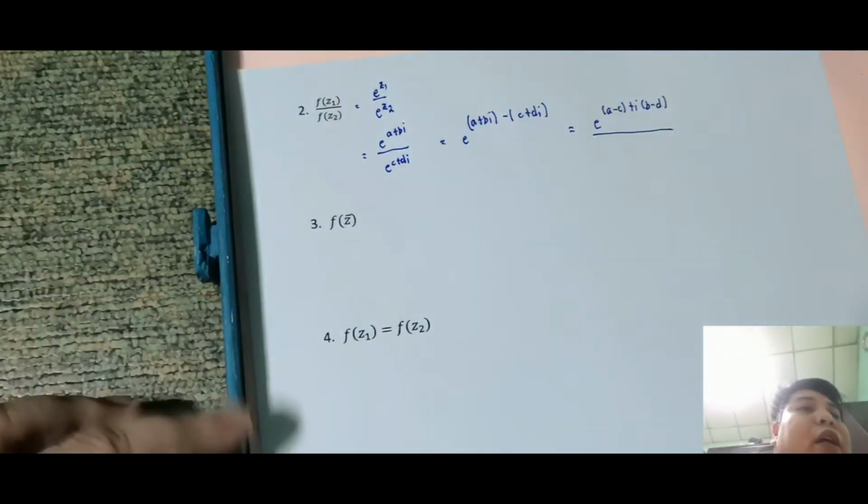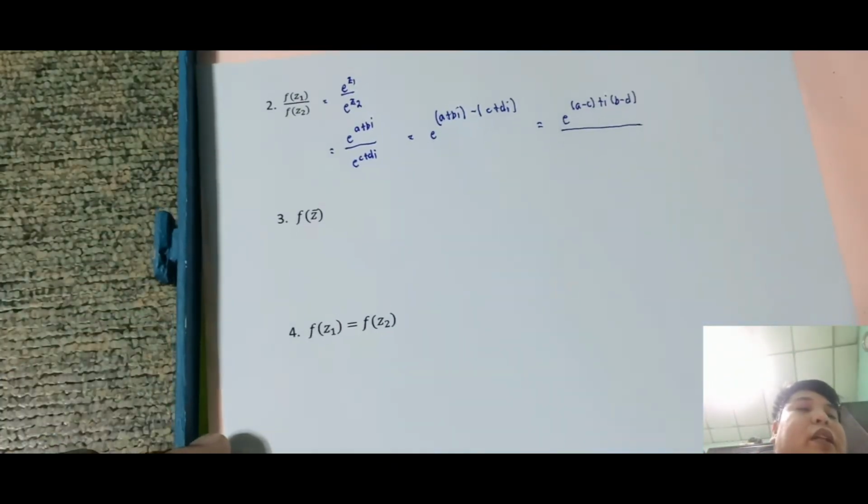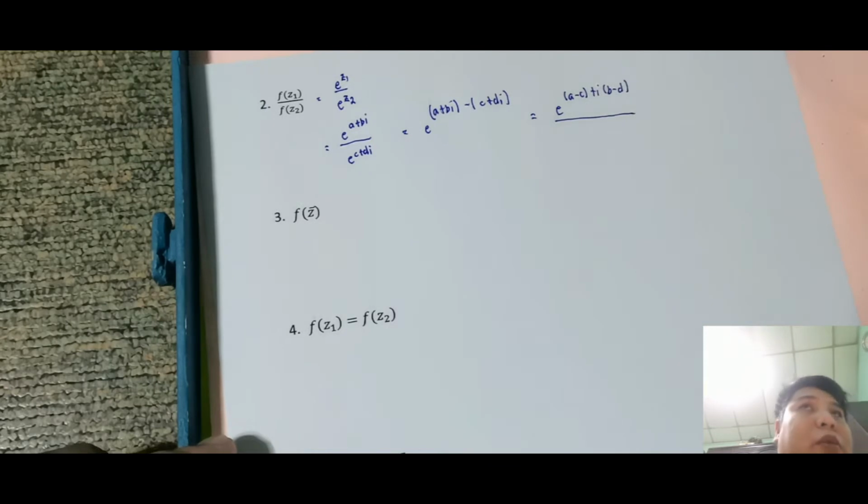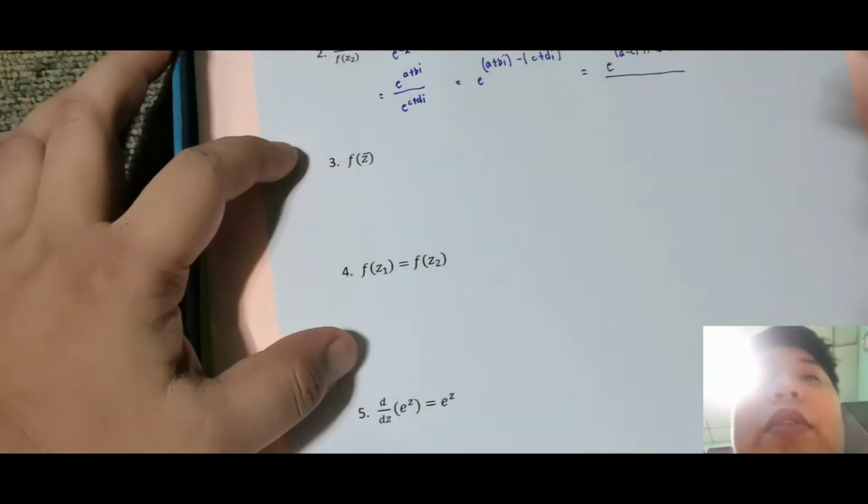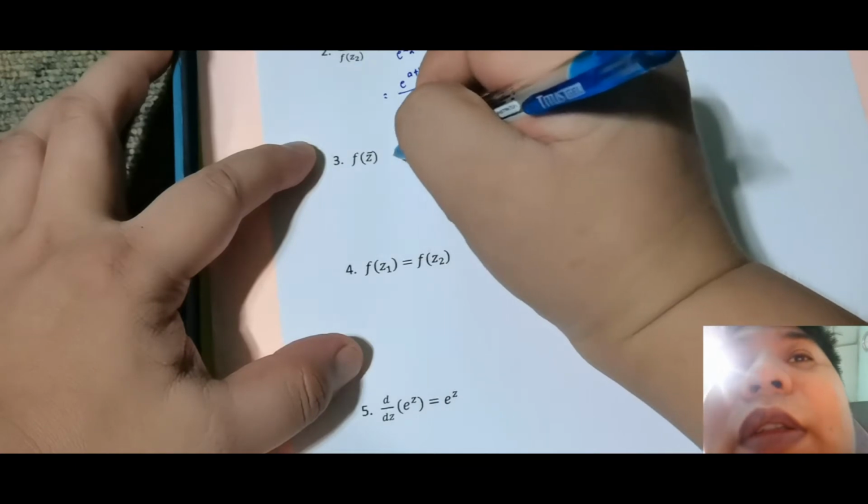Ganyan kasimple. Ang gagawin naman dito, i-subtract lang natin yung kanyang exponent. So yung exponent naman, subtract natin yung real part sa real part, imaginary part sa imaginary part. Ganun na kasimple. Okay, then number 3, f of z bar. Paano naman to? This is simply